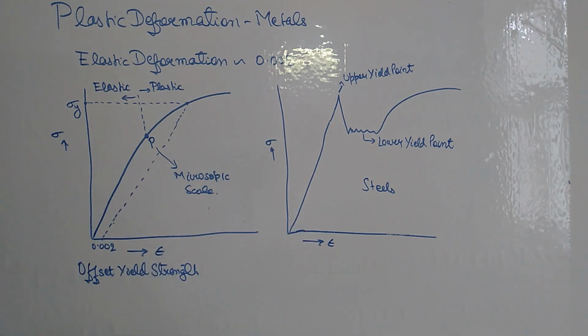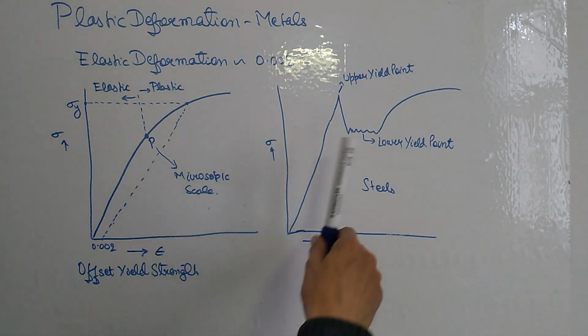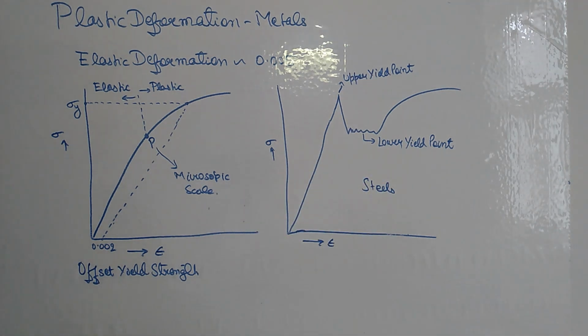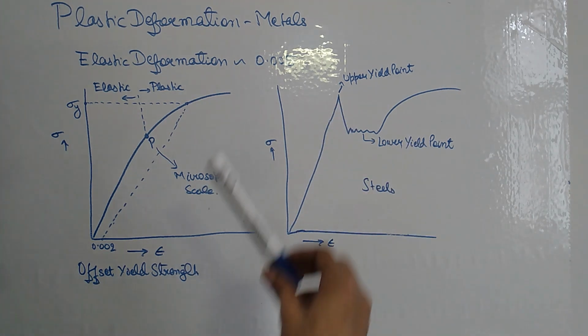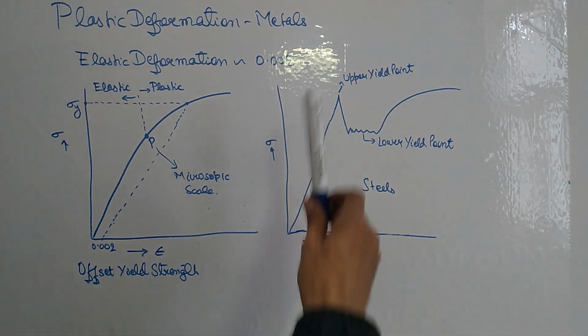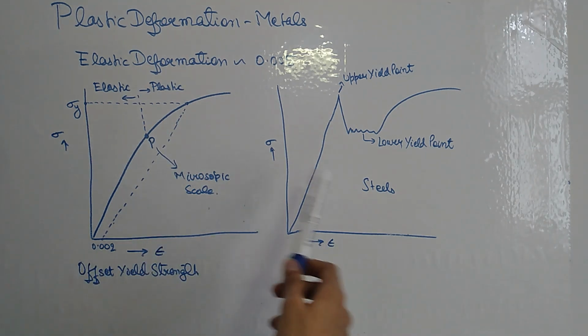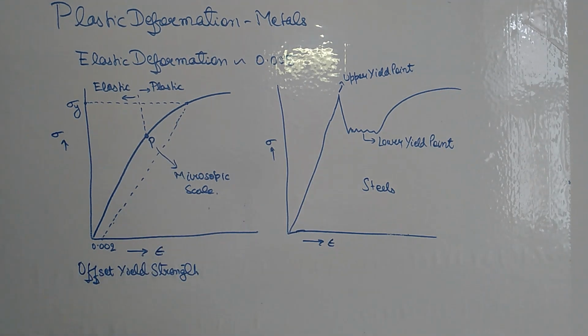Often a different kind of behavior is shown by materials such as steels in the stress strain curve in the plastic regime. They often show two yield points, that is one upper yield point and a lower yield point, and the phenomenon is called yield point phenomena. For engineering purposes, the lower yield point is taken as the yield strength of the material, as this is well defined. Often materials can have yield strength ranging from 100 to even 1400 MPa for the high strength steels.